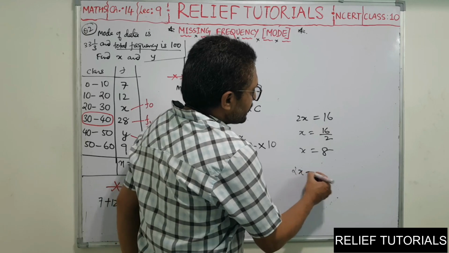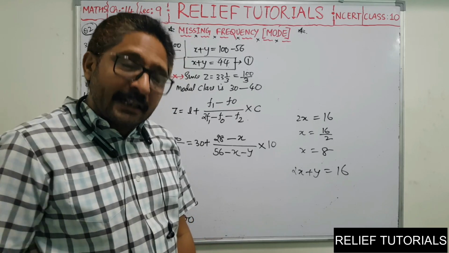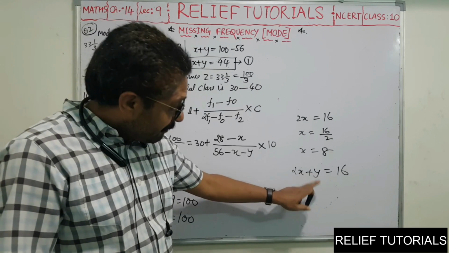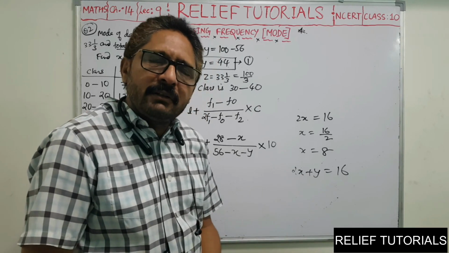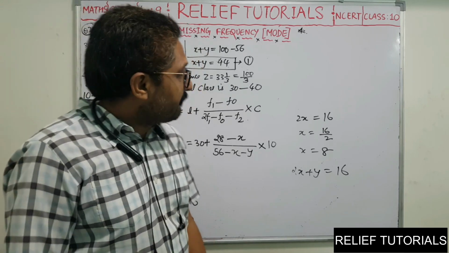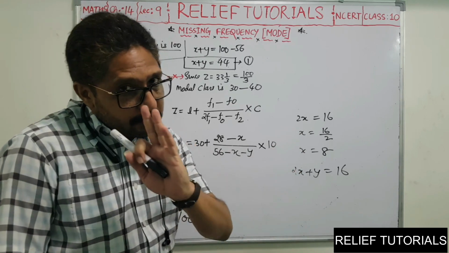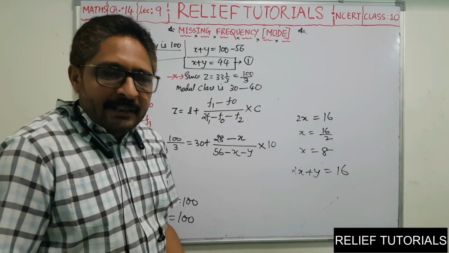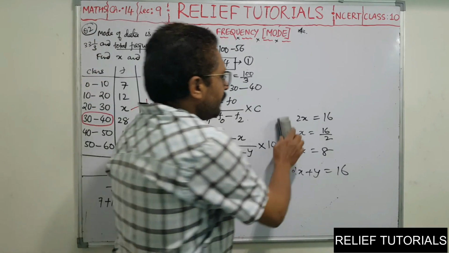Similarly, if I say 2x plus y is equal to 16, now you will not be able to solve this equation. That we learn in chapter number 3, linear equations in two variables. There are two variables. You require one more equation to solve this, to find the values of x and y. That we learn in the third chapter. But one thing is clear, since lower standards you are learning, if there is only one variable in an equation, easily you can find the value of that variable. But if there are two variables, you require one more equation. Taking the help of these two equations, you can find the values of two variables x and y. That we learn later.